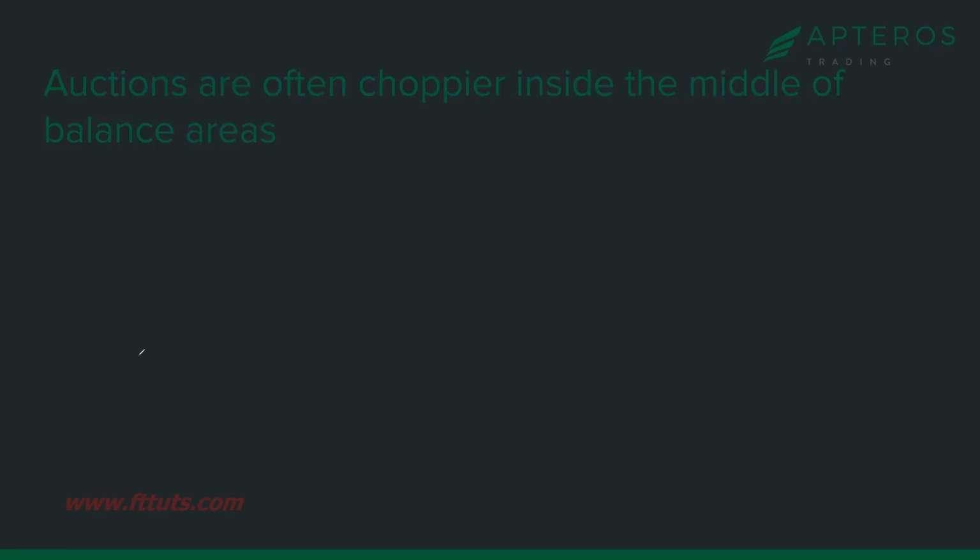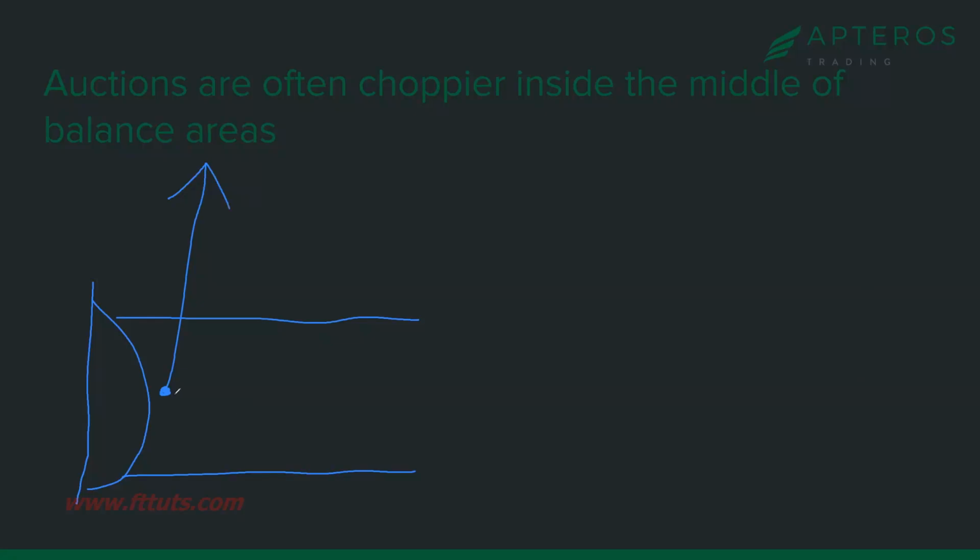I've kind of drawn this a few times because I can't help but see it and think it, because it really is true. It doesn't always happen, but a lot of times, let's say this is yesterday's profile in the S&P and the overnight session didn't go anywhere and we're coming in and we open right here. This is not going to be a situation where I'm expecting this or this. It's going to be a situation where we were balanced yesterday. Nothing changed overnight. We're probably going to see some chop and some extremes tested within this area